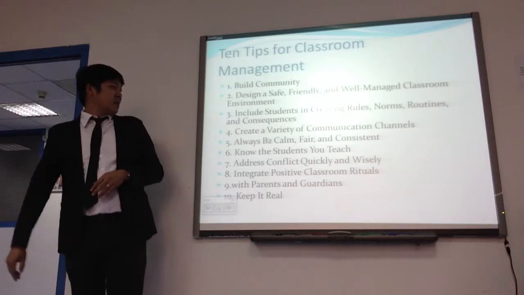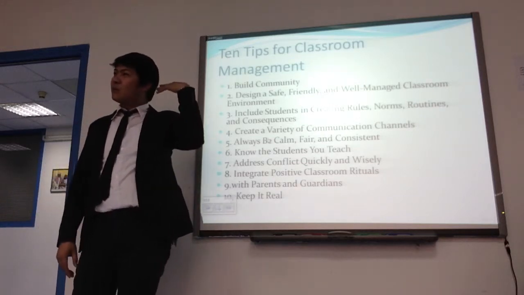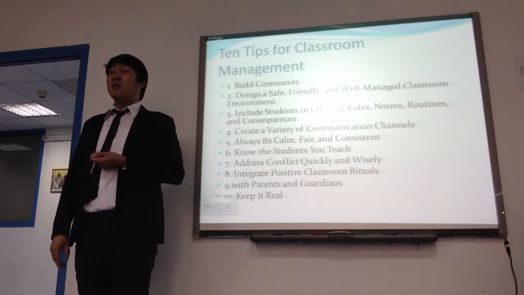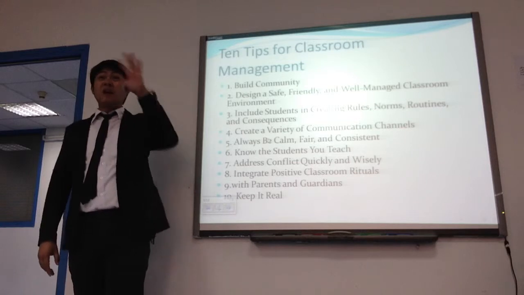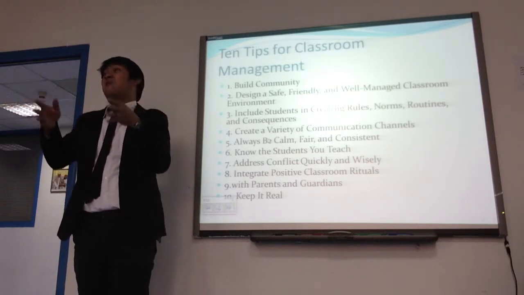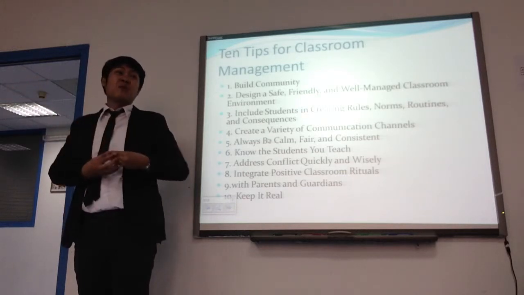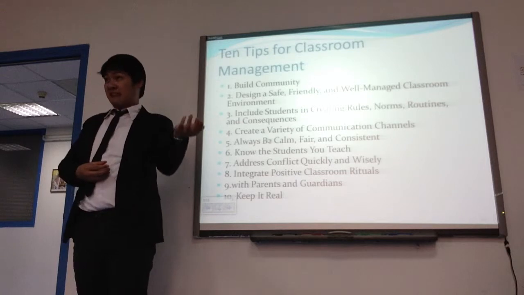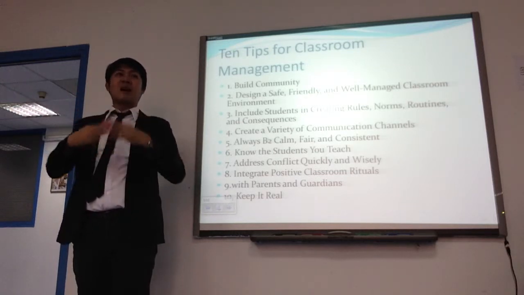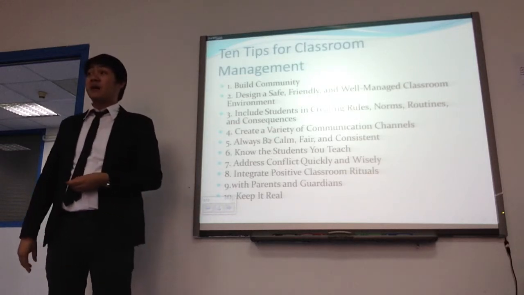Next one. Know the students you teach. This is the first one that I've told you, which is who are our learners, right? So we have to determine who our learners are. You keep on blaming the student for mistakes and you don't know that he has a problem in his house. So what you have to do is first get to know the students. Why is he acting like that? So do not always give your judgment without investigating the situation.